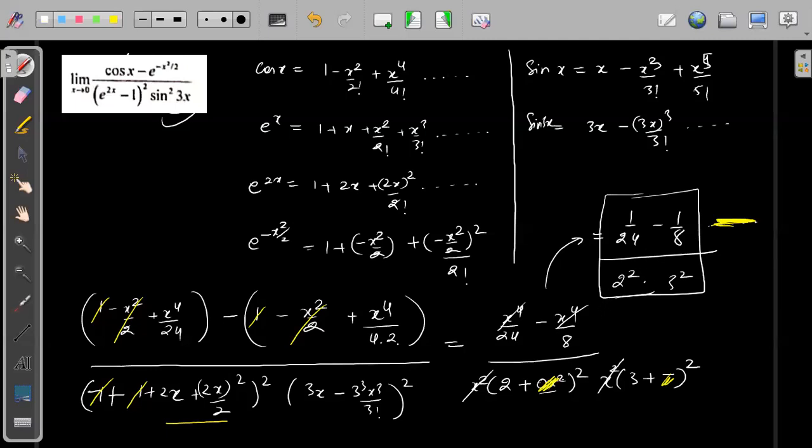Sir, once we take x as common or x square. In this case, here we took x common, but because there was a square, that is why we took x common from here, it became square. So that is why it became x square. Here also we took x, but because there is a square, when we took common, it became x square. So that is why x square becomes x to the power 4 will get cancelled. So this will be the answer. You can just solve this out. I think somebody gave answer 5 by 2. Just check if you are getting 5 by 2.